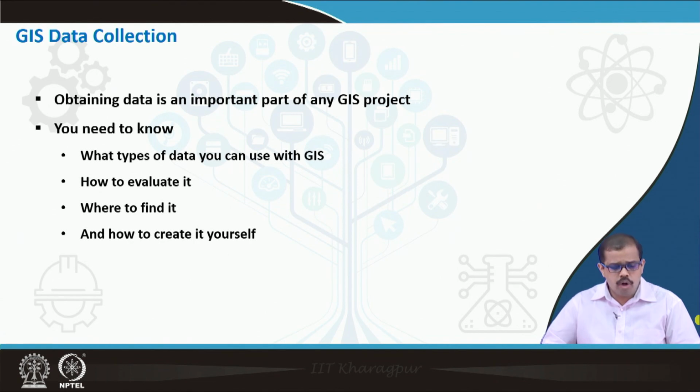What we need to understand here is what types of data you can use with GIS. It can be any type of data, but how do you evaluate it, how do you actually use it, how do you evaluate it for being better data? Where do you find the data? I have given a huge number of examples. Please look at all those websites which I was speaking about in my previous module. Look at the websites that give you an extensive understanding of the data available. India has a huge collection of data. The Indian subcontinent can give you huge data sets. So, please look at the data and the different sources of data.